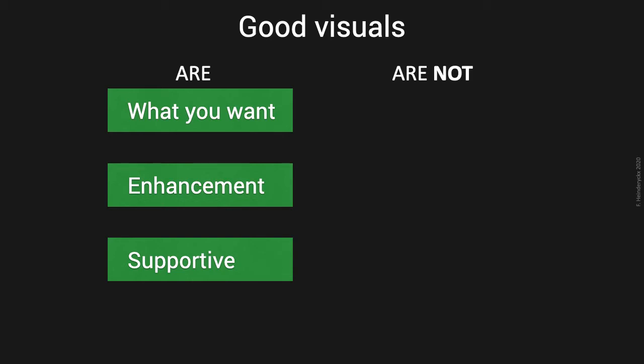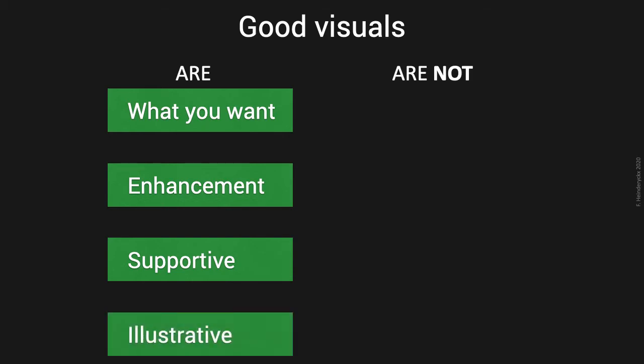And in some cases, it can be illustrative. It should be something which shows not exactly what you're talking about. It could possibly show something which is related to or is an illustration of the things you're talking about. All that sets a coherent visual landscape that will really help your talk.